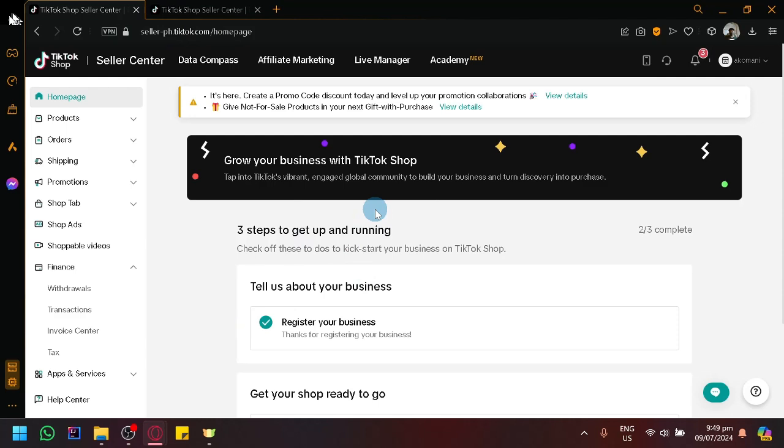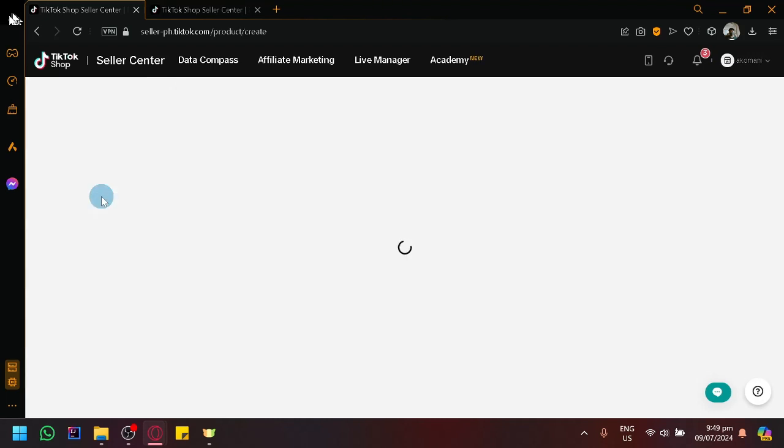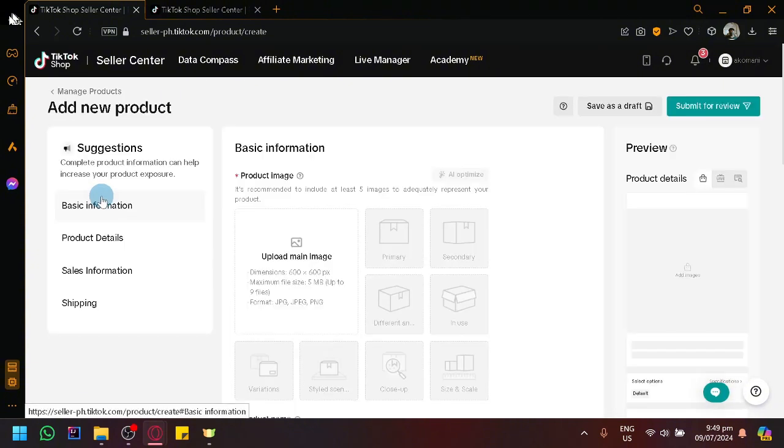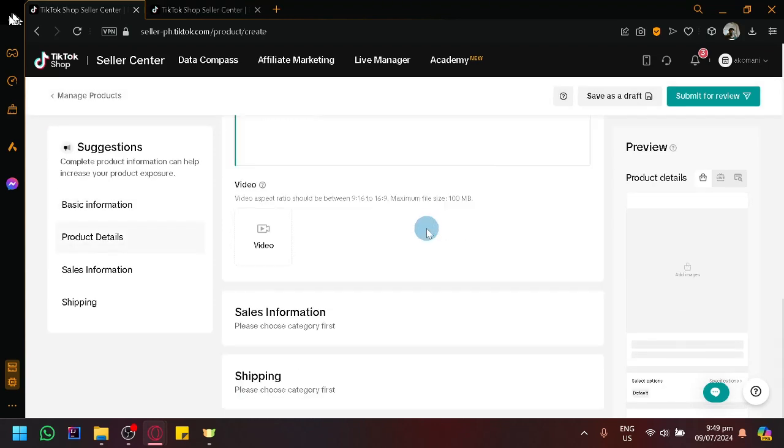In today's video, we will be guiding you on how you will be able to add COD on your different products. And to get started, simply locate your product section over here on the left side and click on Manage Product or Add New Product. Managing a product in the managed product, it's going to be the same process. You're just going to modify the existing information and you will be able to find the information that you need